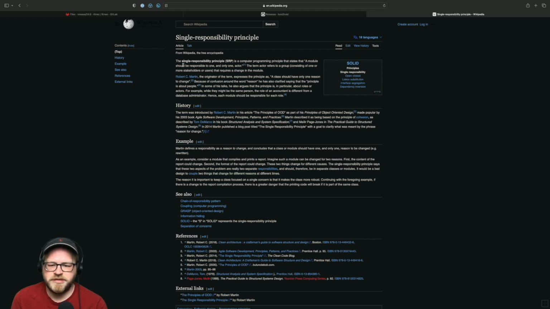Yeah, a module should be responsible to one and only one actor. I don't like this definition of reason to change, but the way that I describe it is you should have just the minimal interface to your class. And by class, I mean just type in general. It doesn't necessarily have to be a class. It can be a struct. It can be an enum. But yeah, generally the idea that it should only have one thing that it does, one concern. Yeah, this is a good one right here. Single concern. Yeah, I'm not a huge fan of this reason to change definition, but